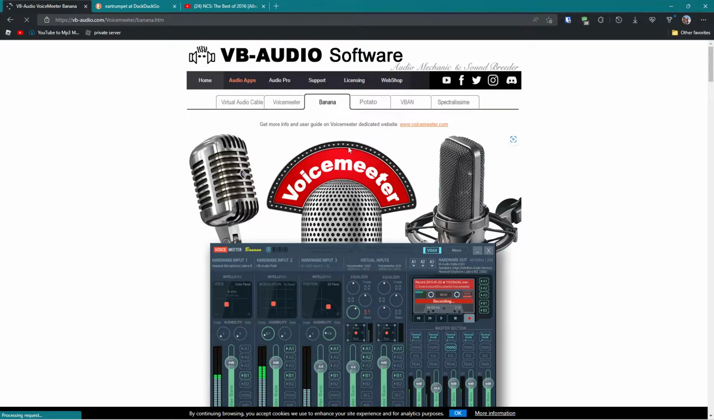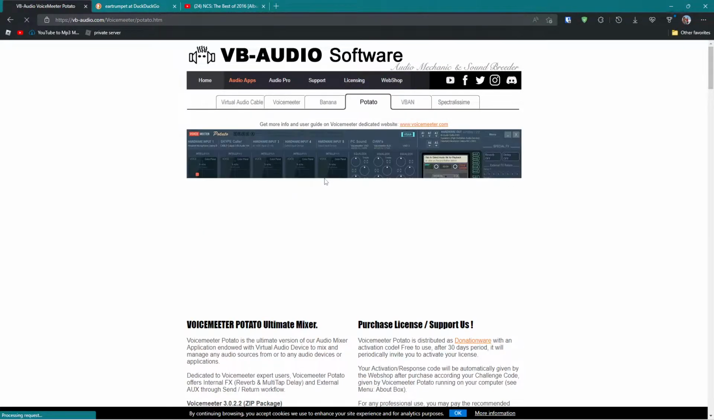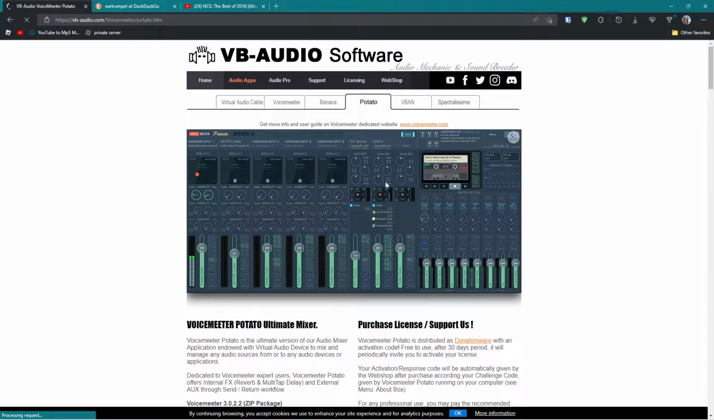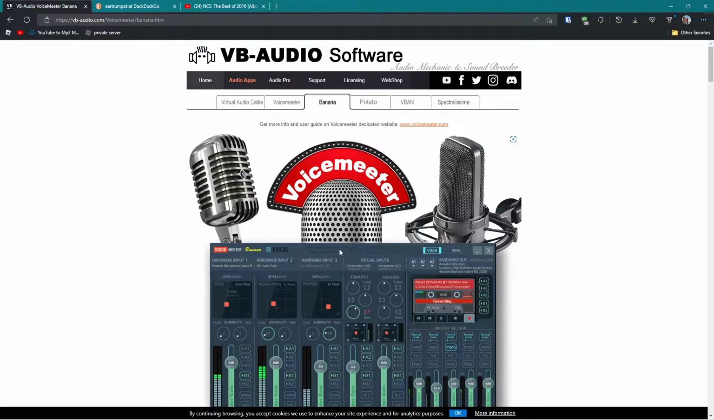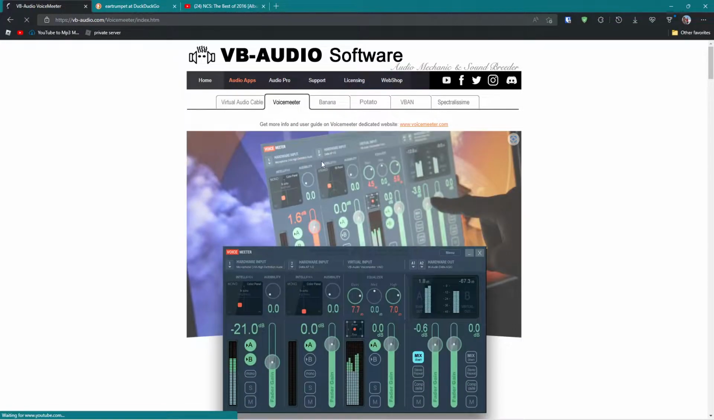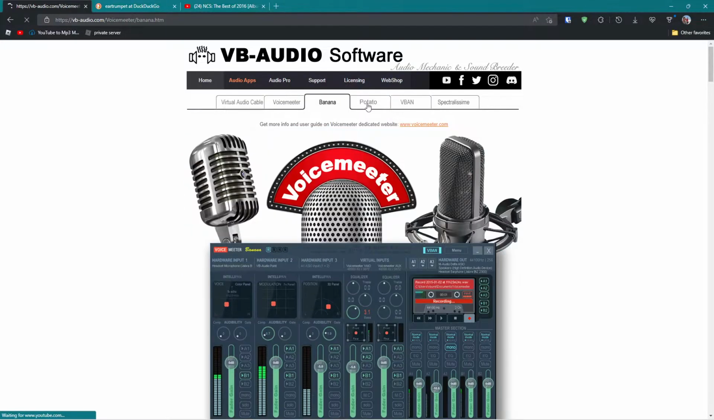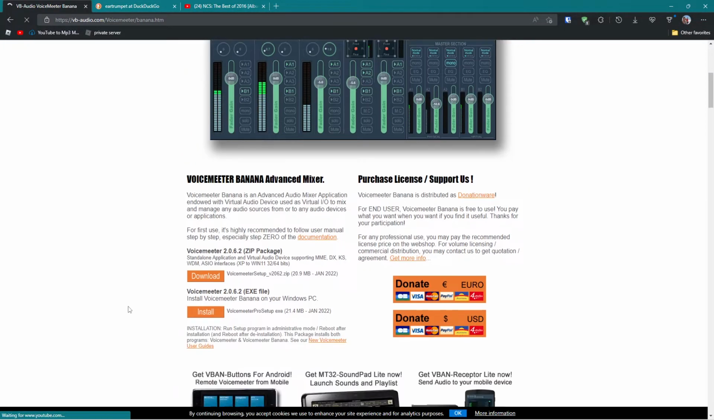It's the Voicemeeter I use. You can also use Potato, but Potato's a lot more big. It's, I guess, the grandfather of Voicemeeter, but the thing you need is just Voicemeeter Banana, because it's not as simple as regular Voicemeeter, but it's not as complex as Potato. So just click. You can either click the zip package or the exe, but I just prefer the exe because